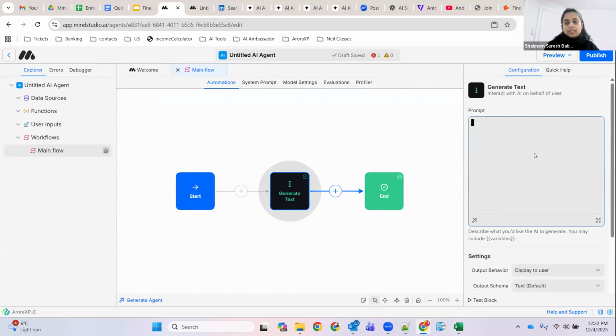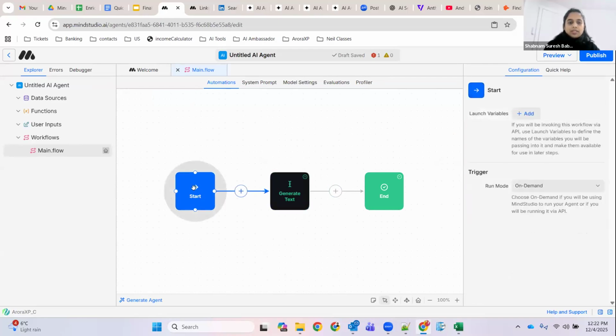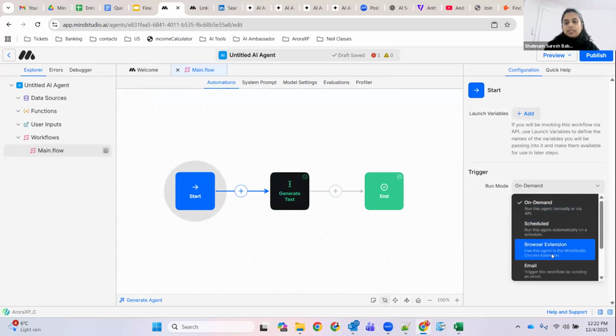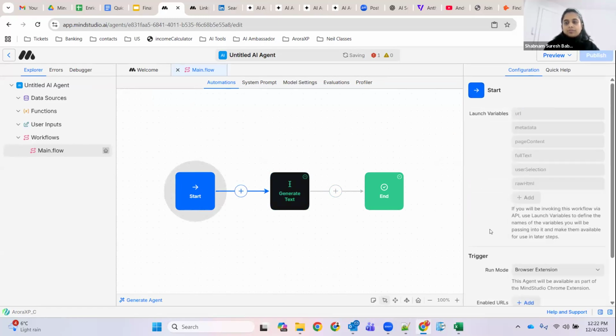And it is here where I put the prompt. Just like ChatGPT, you have your prompt. Similarly, you can just enter your prompt here. Now, before I do that, I'm going to go back to the start block and set it as browser extension. In browser extension, you can see there are some launch variables predefined.